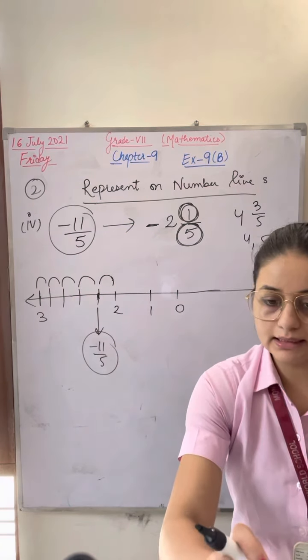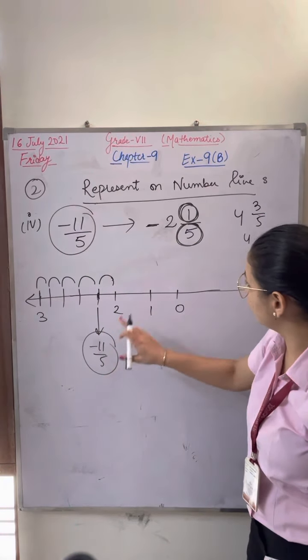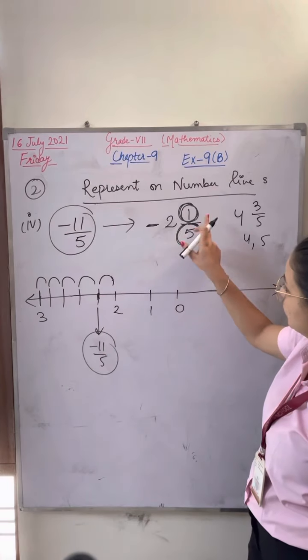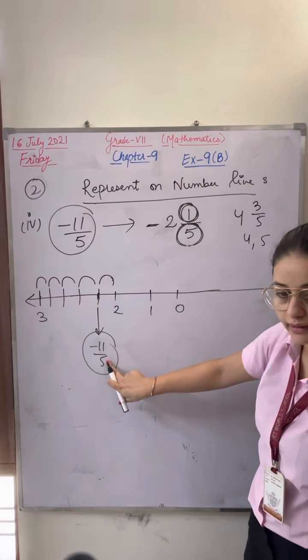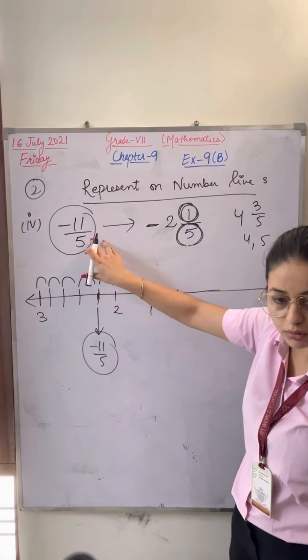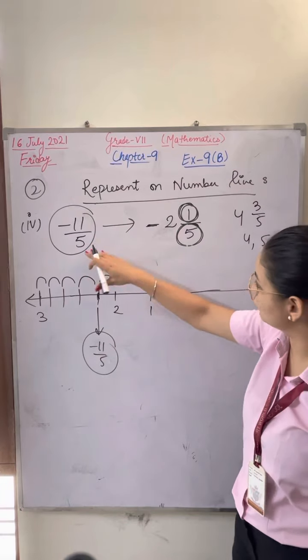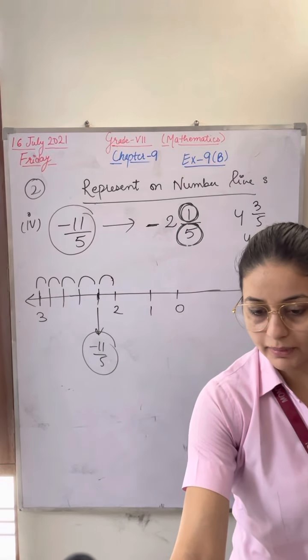Aditya is asking, ma'am, you have written this exact value here. Can I write this in its place? You can write this also, the mixed fraction. This value also you can write here. The mixed fraction is the answer of this value obviously. So you can write any of the values here. Any other query? Prasan, understood?